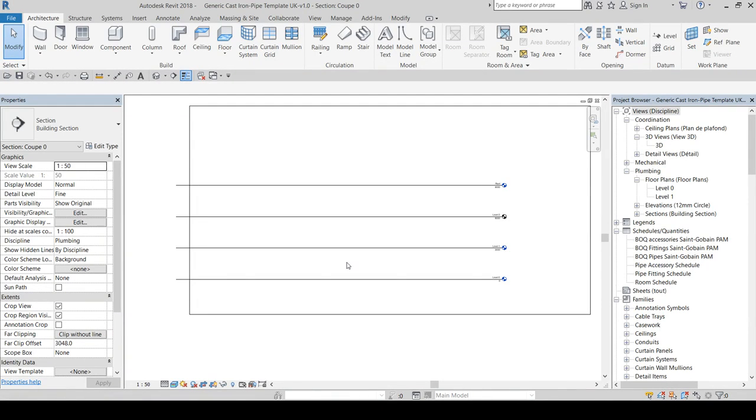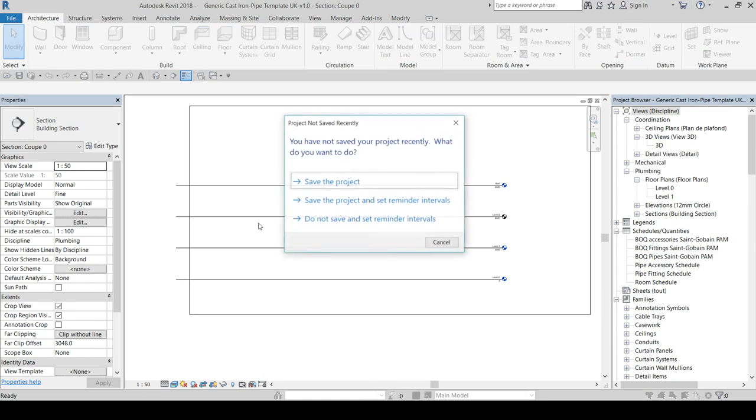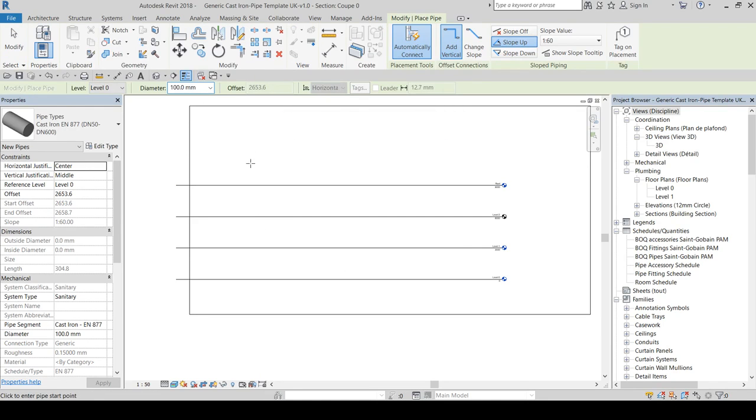In order to demonstrate how easy it is to use our systems and to showcase some of the capabilities of our content, we are now going to draw an above ground drainage system in a Revit project. So if I start with a vertical stack,